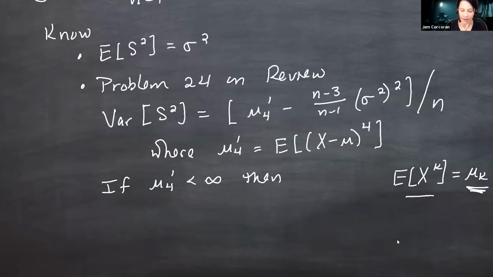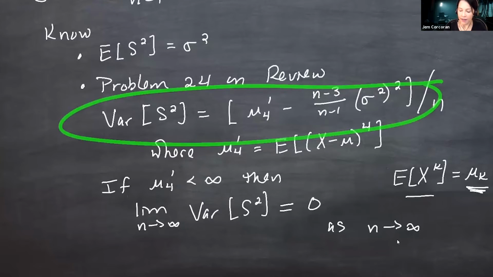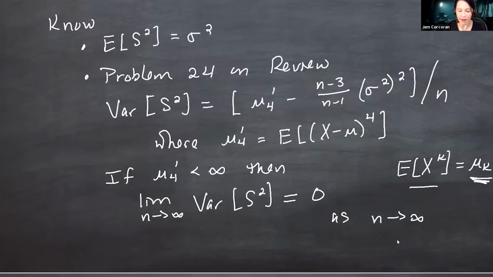But if this is finite, then we could show, if we were being more careful, I'm just going to claim it for now, that the variance of this guy, the limit is going to 0 as n goes to infinity. So I skipped a few things. One is showing this horrible expression, and the other is convincing you of what I was just trying to say about if centered moments are finite, then the non-centered versions are also finite, and vice versa, and lower order versions are finite. Point of all this is, we'll talk about this later after the exam, but the point of this